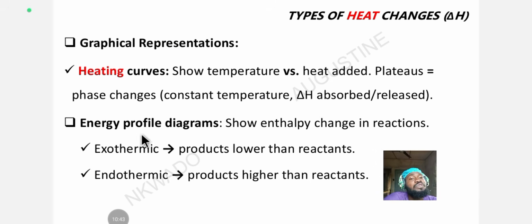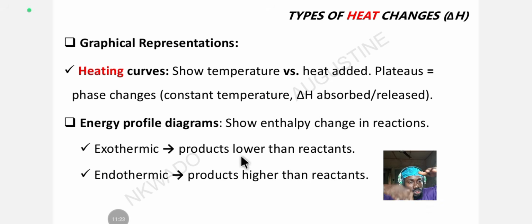Then the energy profile diagram is another way to present the heat change during a chemical reaction. It shows the enthalpy change in the reaction, which is the heat change. So when the reaction is exothermic, the heat of the product is lower than the heat of the reactant. Exothermic, heat needs to go out. That's why the heat within the reactant side will be high, while for the product side, the heat within them will be low. So such is an